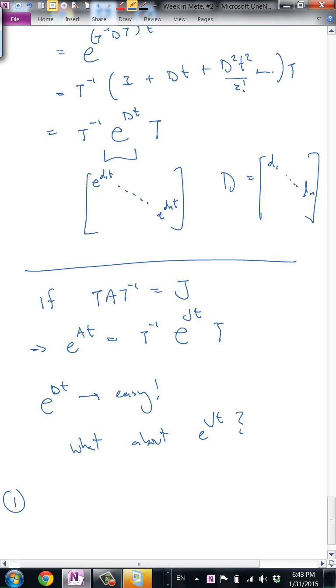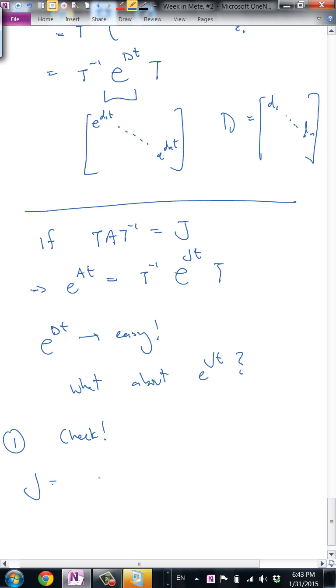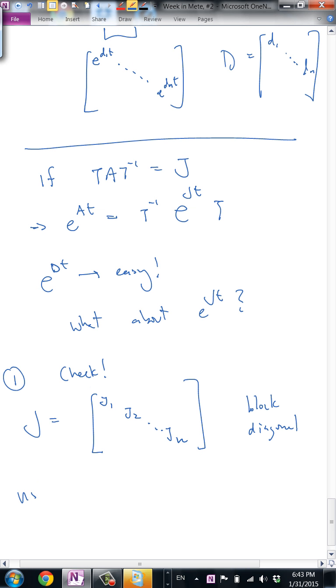So step 1, which you should check yourselves, is that if J is block diagonal with k blocks, then use the definition of matrix exponential to check that